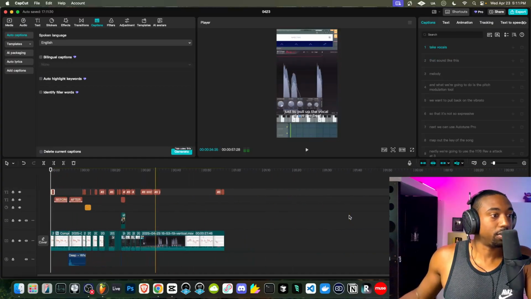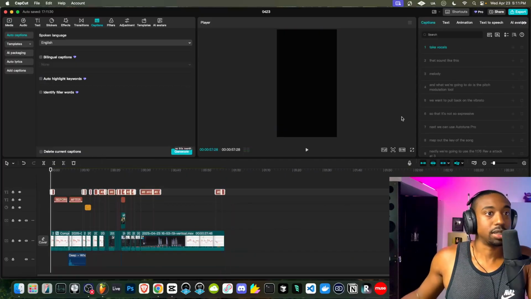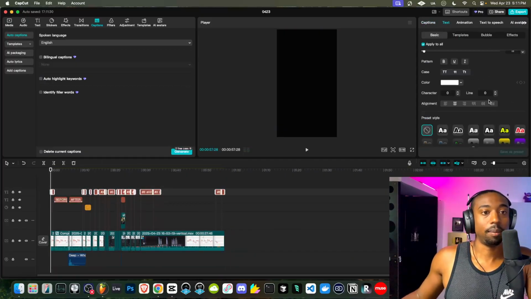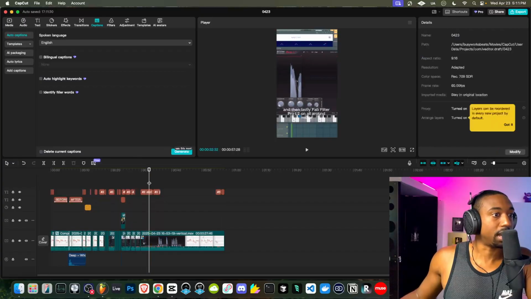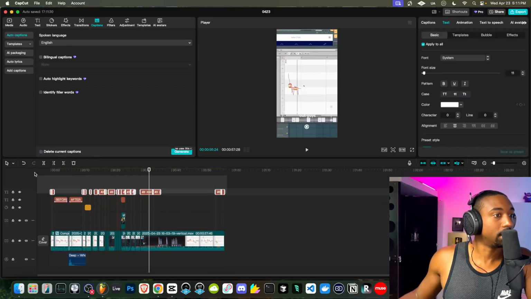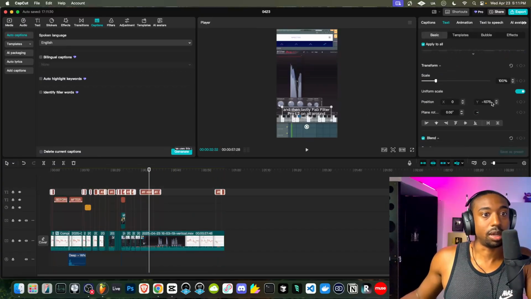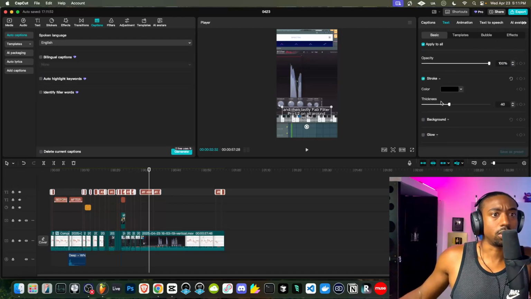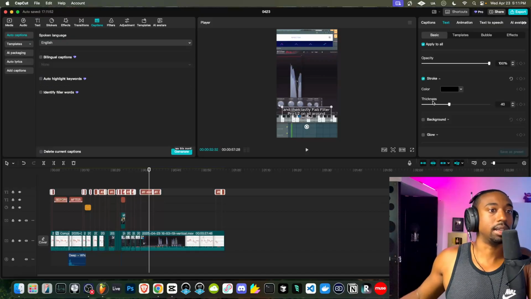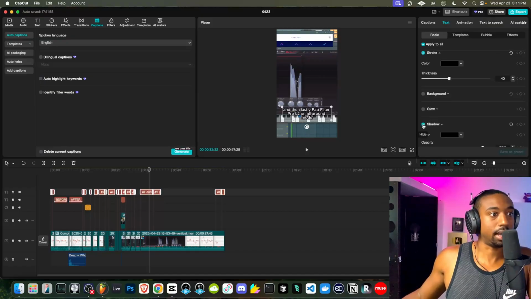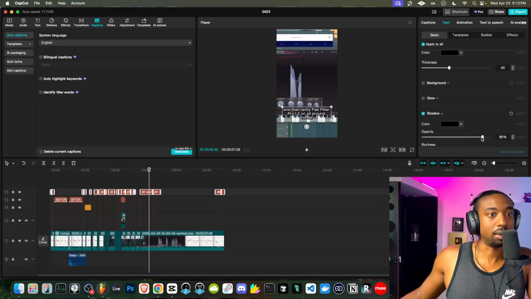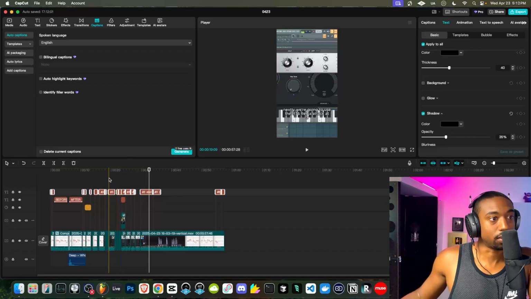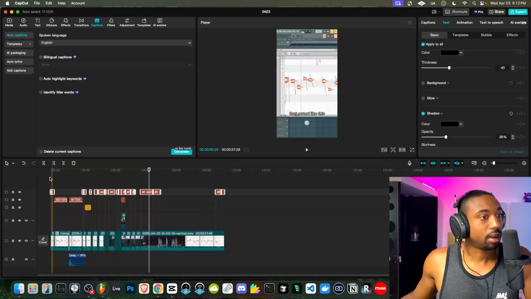Now also, before we start doing all this, let's highlight all the captions. Let's go to where it says text, and we want to format what the text will look like. It's kind of hard to see it in a frame here. So let's add the stroke effect to add the outside, and then let's add the shadow so that it adds more of a backdrop. But again, pull back the shadow so it's not too aggressive, so that people can read the text over the video simply. Okay, so now we have all that.